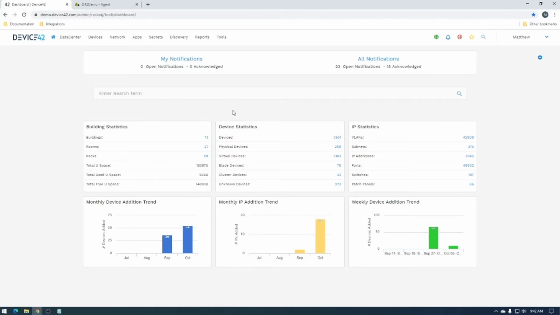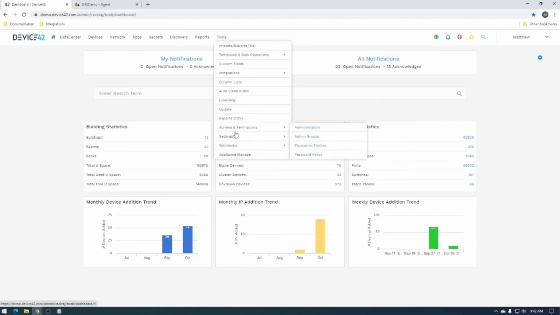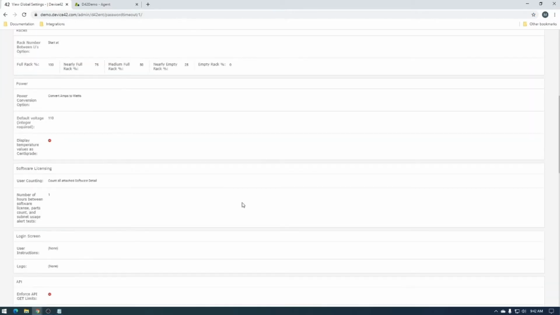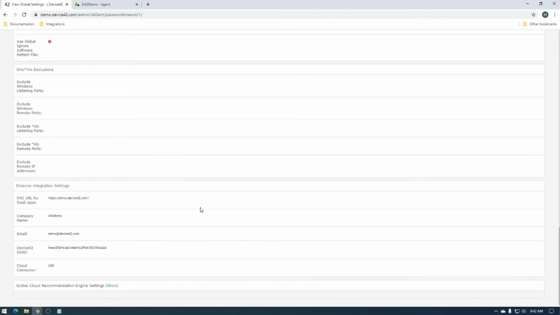Alright, let's get started. So the first thing we're going to want to do is head over to Tools, Settings, and Global Settings, and scroll down to the bottom of the page here. You'll need to fill out the following information: the Device42 URL for SaaS applications. This will be the IP or FQDN of your Device42 instance, and this will be the URL that Zendesk presents in order to have a click back to your Device42 instance from Zendesk. The only requirement here is that the URL is unique to you, and it should be accessible to your Zendesk